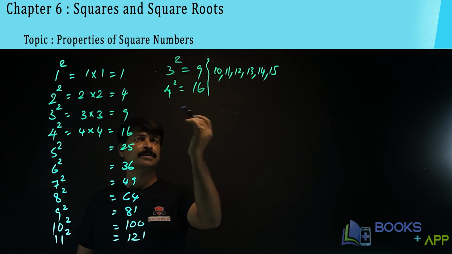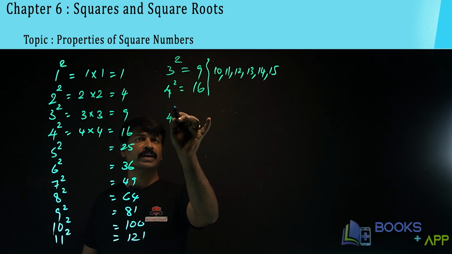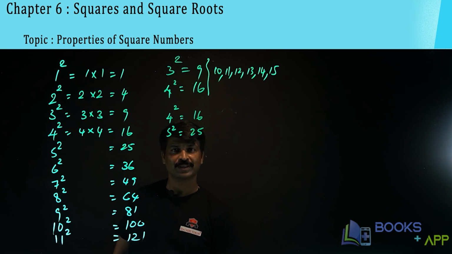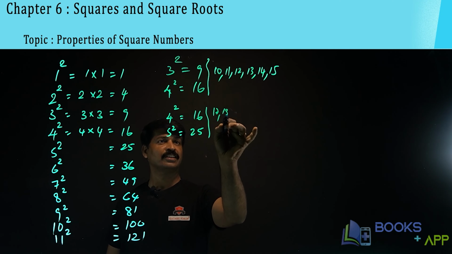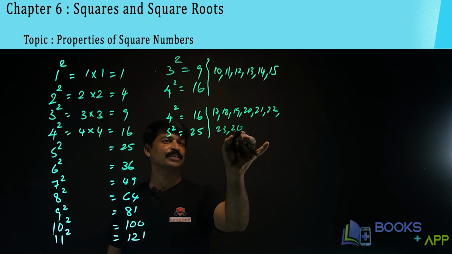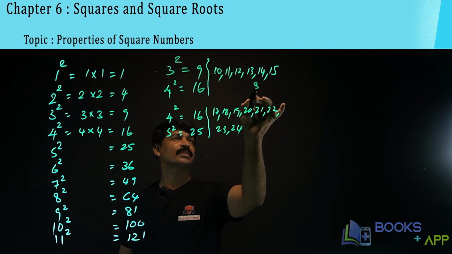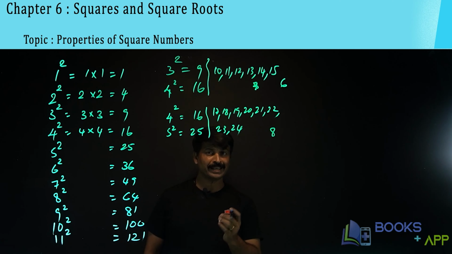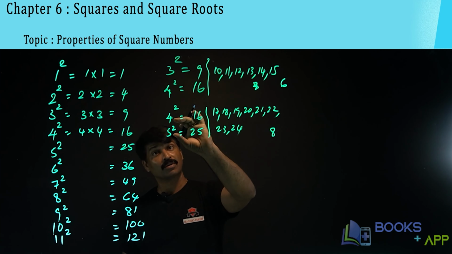Now, can you tell me how many non-perfect squares are there between 4 square and 5 square? What is 4 square? 16. 5 square? 25. How many are there in between 16 and 25? What are they? Yes, 17, 18, 19, 20, 21, 22, 23, 24. How many are there? 1, 2, 3, 4, 5, 6, 7, 8. So here we have 6. Here we have 8. So is there any formula to find the number of non-perfect squares between any two consecutive